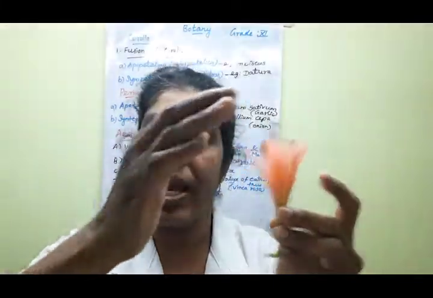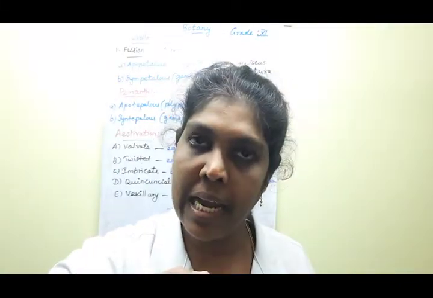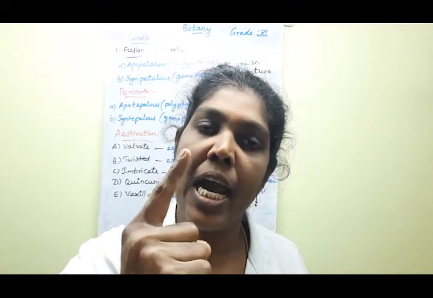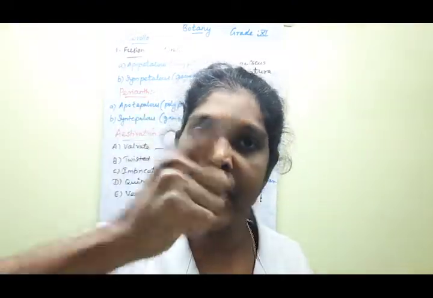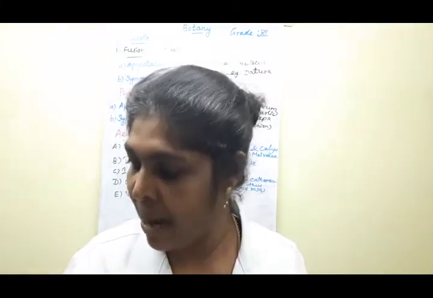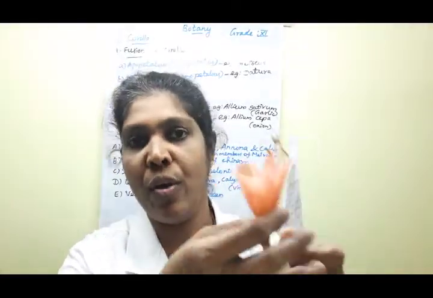Clear? Then the next petal, I mean one petal. Just imagine, if 5 petals are there, one petal is completely exterior and one petal is completely interior. Clear? The remaining 3 petals are arranged one in and one out, one in and one out. That arrangement is known by what name, children? Imbricate estivation.